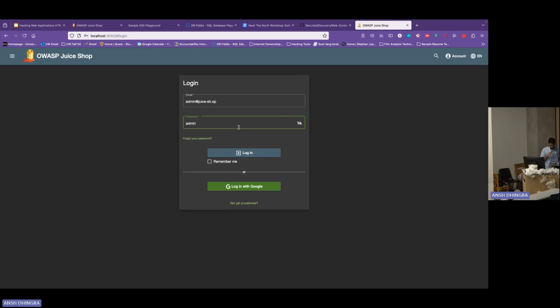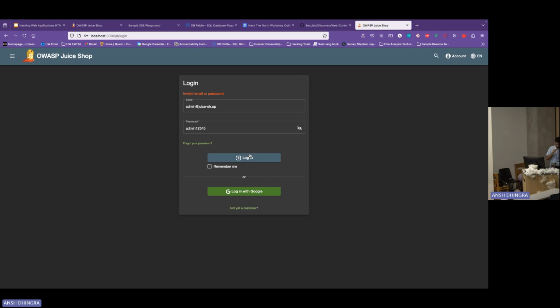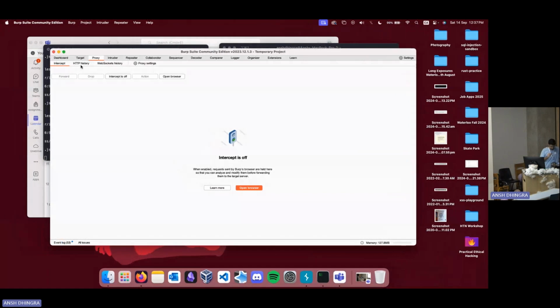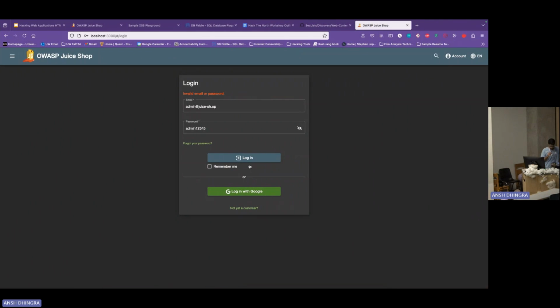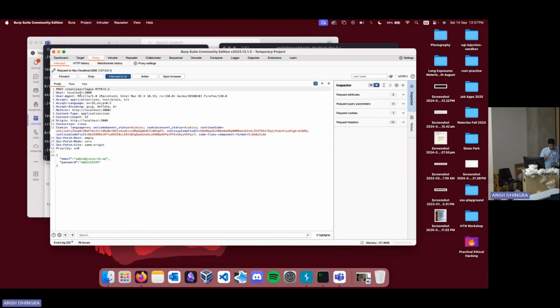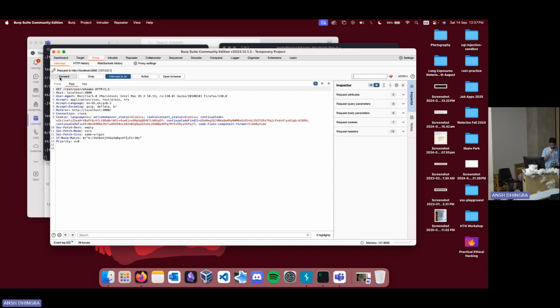Something else. Any ideas on what I can try? Maybe admin12345. Yeah, that also would not work. Let's try intercepting this request and seeing if I can fiddle around. So that's on Burp. I'll do intercept is on. If I do login again, there we go. So that's the request. Whenever I hit the login button, it's hitting the endpoint for login. This is the data that's actually being sent. And then if I keep forwarding,